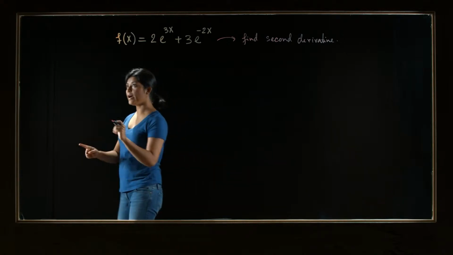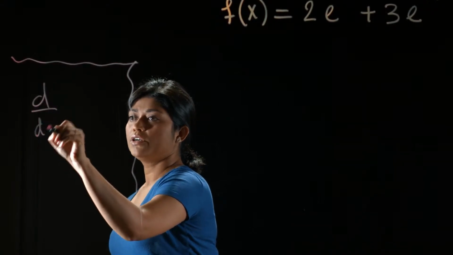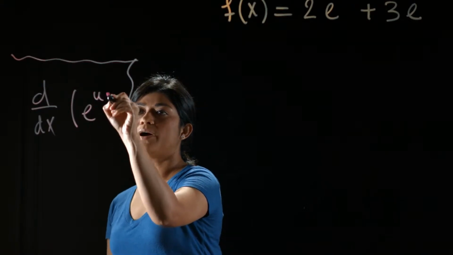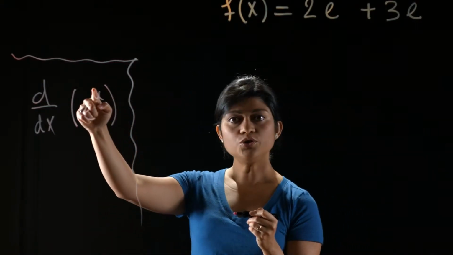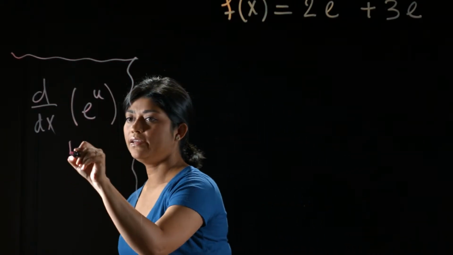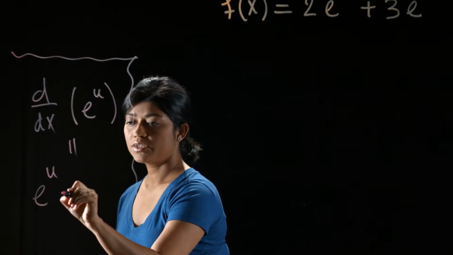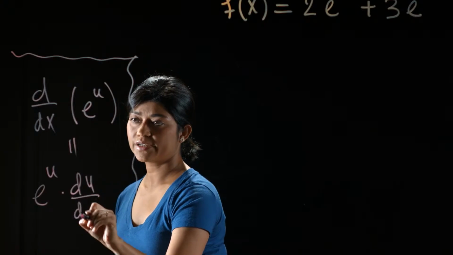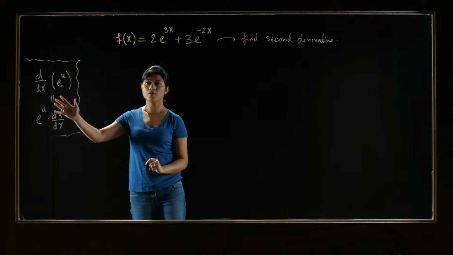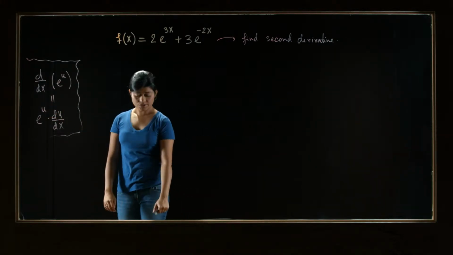So, let me quickly remind you that when you have an exponential function and you are taking the derivative with respect to x, and say the function is of the form e to the power u, this u is a different function and it is a function of x. Then the derivative is computed this way. It is e to the u times du dx. So, we will be using this formula for derivative for all the different exponential functions. Okay. So, let us start